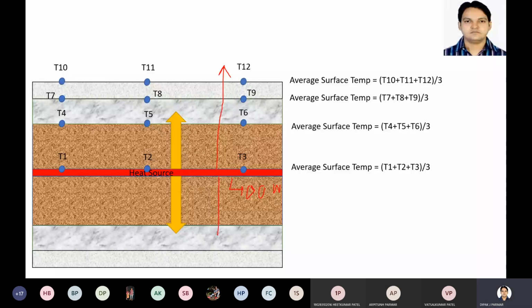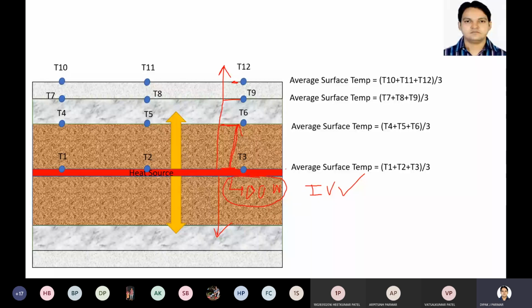Now, when you supply voltage V and current I, your input is constant. So your input is 400 watt constant, right? As the conductivity of these materials is different, heat will be transferred in this direction. Suppose you start this apparatus, supplying voltage and current. Initially the temperature of this wall will be atmospheric condition, as your heater is off. Once you switch on your heater, now your heat transfer will start. So step by step, the temperature of this will increase and heat will be transferred in this direction.